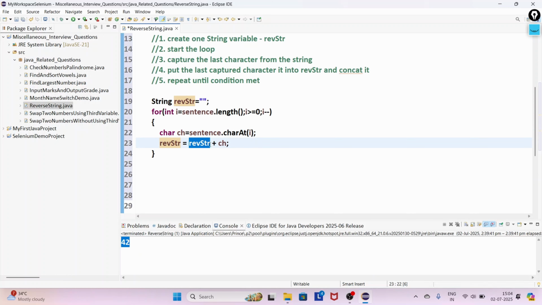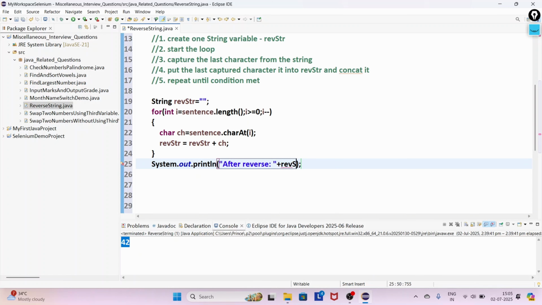Finally this string and this character result in a string, so there will be no compatibility issues here. Anyway it will produce one string. Now there is one mistake. Just print it out. Reverse: what we have to do is take it into reverse str.